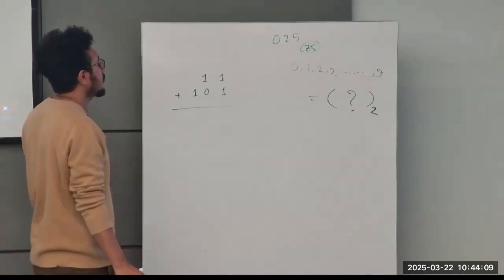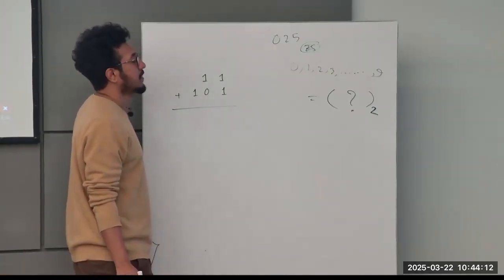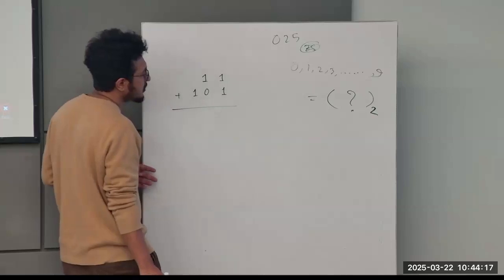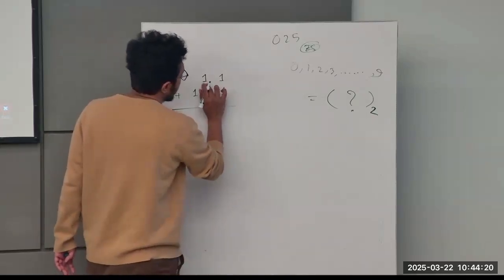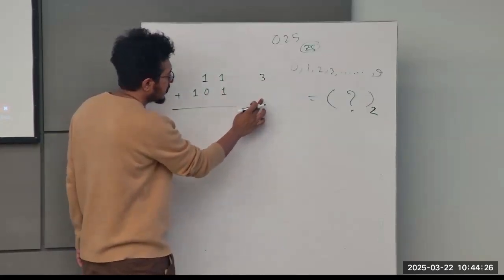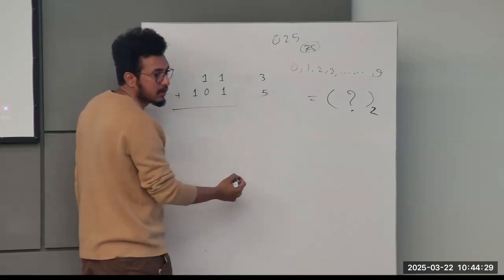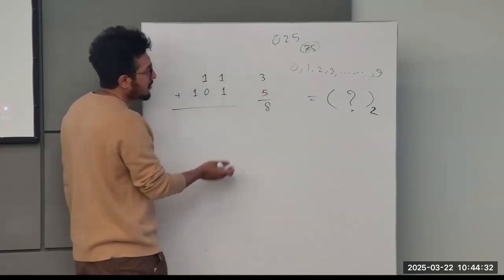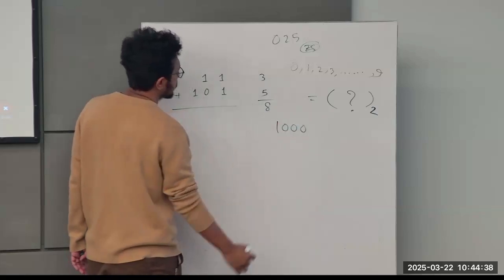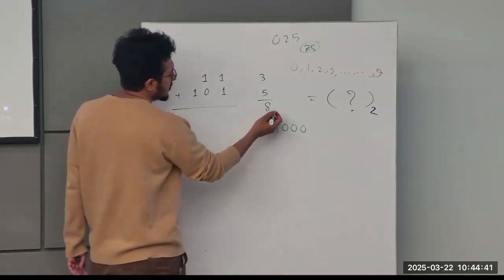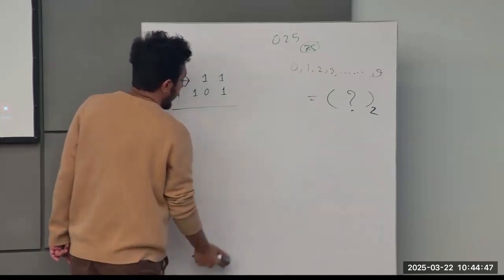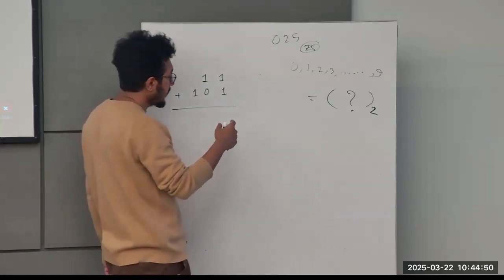Okay. So basically, if I give the math to you now, you can do it this way. Actually, very simple. 1, 1, 1 is in binary. What is the decimal? 7. 1, 0, 1 is in binary. What is its decimal? Actually 5. So 7 plus 5 is basically 12. Now convert 12 to binary. 12's binary is basically 1 1 0 0. Okay. So this is actually an indirect way you can add,